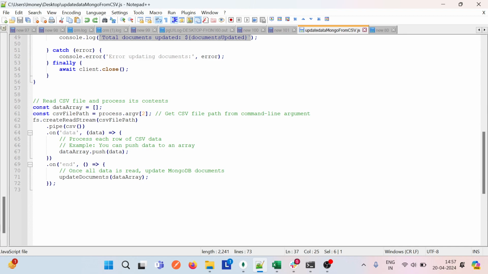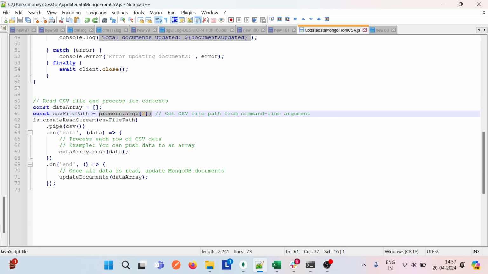Now how will I read the CSV file? For example, here const dataArray, I have created an array for data. Now the CSV file path is process.argv[2]. I will show you when we run.